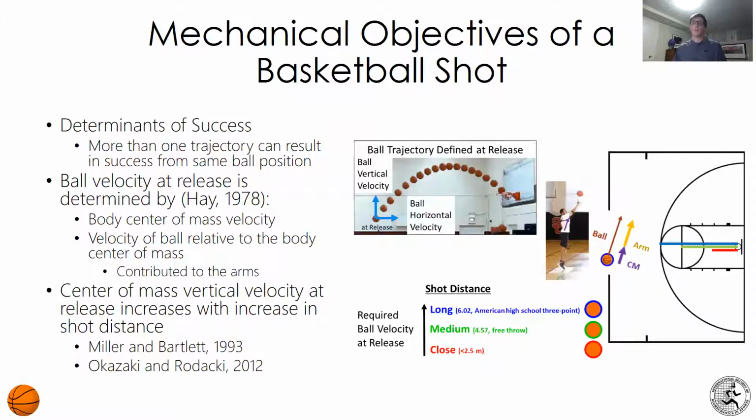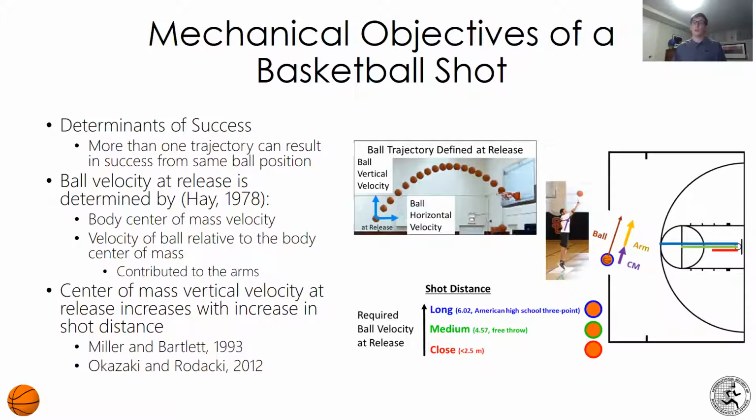So once a ball leaves the hands, it follows a trajectory, which is governed by the laws of projectile motion. Now, a ball released at the same position relative to the hoop can have more than one trajectory and still result in a successful shot. Ball velocity can be broken into two parts: the velocity that comes from the body center of mass at release, as well as what's left over,